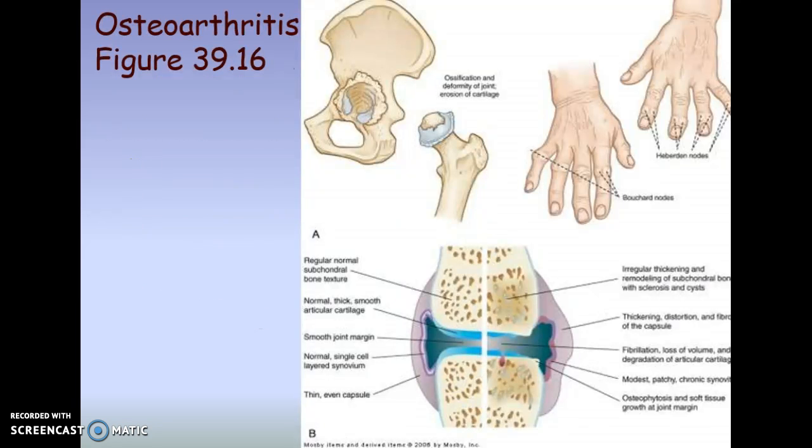Figure 39-16. This is an older version of the figure, but I like this bottom part, the cartoon version of what's going on, and it shows you the degenerative joint here compared to the normal joint. But you're losing this cartilage here. You're having thickening and distortion of the capsule, the joint capsule. You have some inflammation that's going on. And then up here you have different nodules that occur. These are Bouchard and Heberden nodules that occur at different joints,